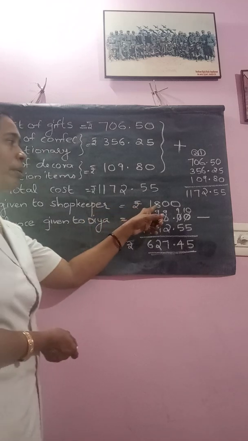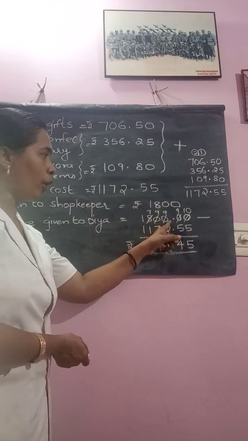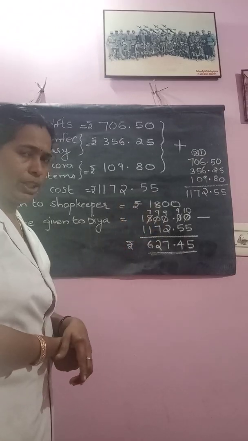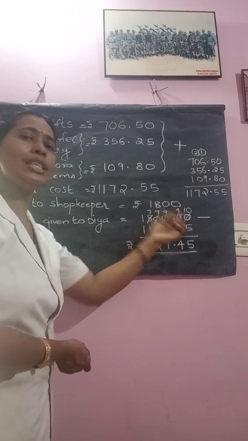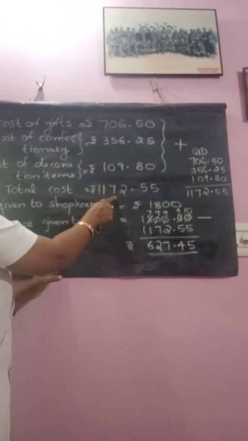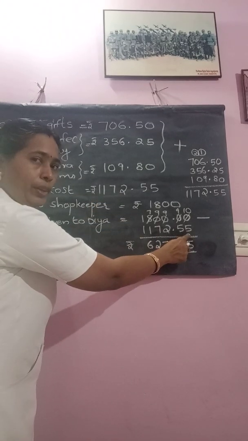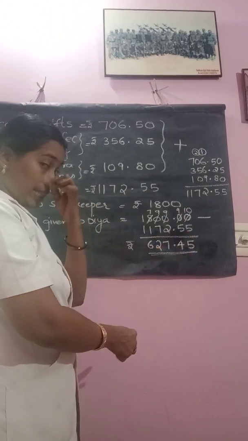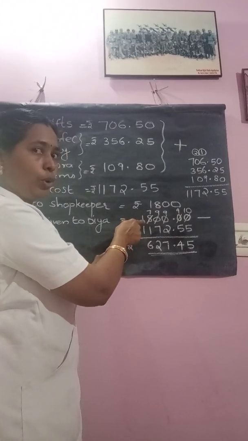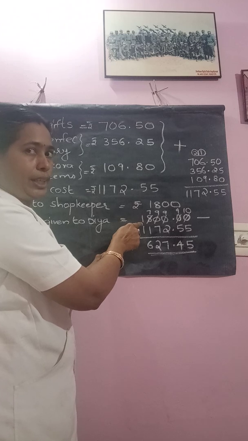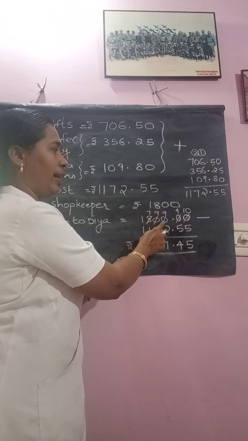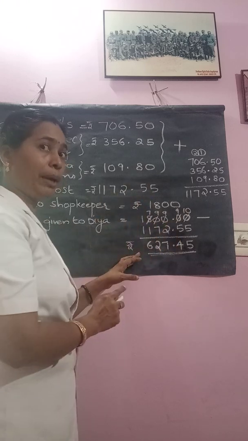How much did she give? 1800. And point, because this is a decimal number. 1800 has no decimal, so what we do? You can place 0.00. Minus of, and this how much rupees? The total cost, that you write below. Okay, then when you start subtraction, same as with whole numbers, what we have to do? We have to borrow from the whole number part, isn't it? So borrow from here. 8 becomes 7, this becomes 9, 9, 9, last digit becomes 10.